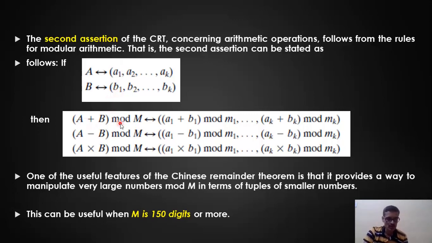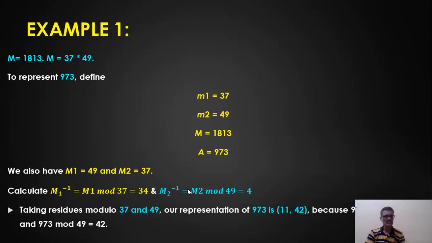That is, A plus B mod m, if I want to perform it, where m is a large number and A and B are integers less than m. I want to perform an arithmetical operation with A and B. So A1 plus B1 mod m1, A2 plus B2 mod m2, and so on up to AK and BK mod mK. So I will get tuple values for this sum, or we can perform a subtraction or maybe a multiplication by using only the tuples. And this algorithm, the CRT, is useful for, say, m as long as a 150 digit number. Just imagine what the advantage of this CRT is. Now I'll start with a simple example.